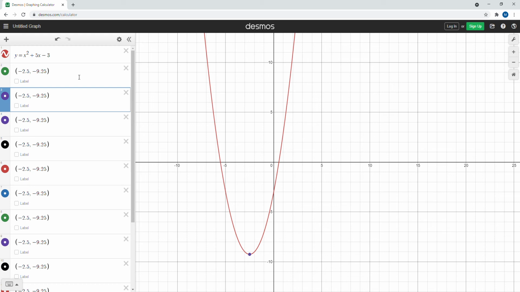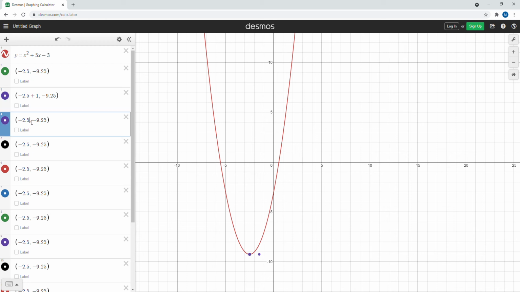So I hold down the Control key and the letter V, or Command V if I'm working on a Mac, and that pastes the thing I've copied into the field there on Desmos. Okay, so then what we're going to do with all of these is we're going to go through them and we're going to add 1